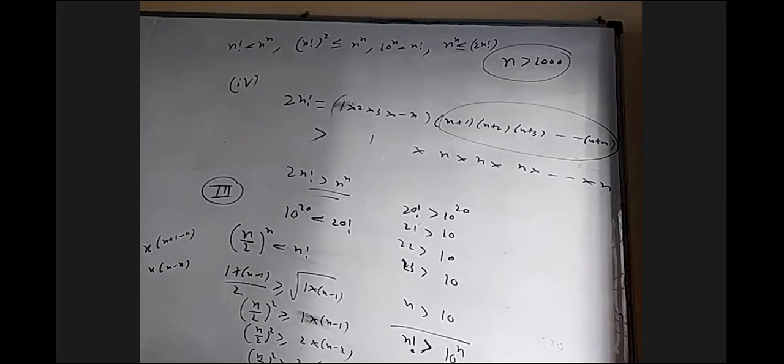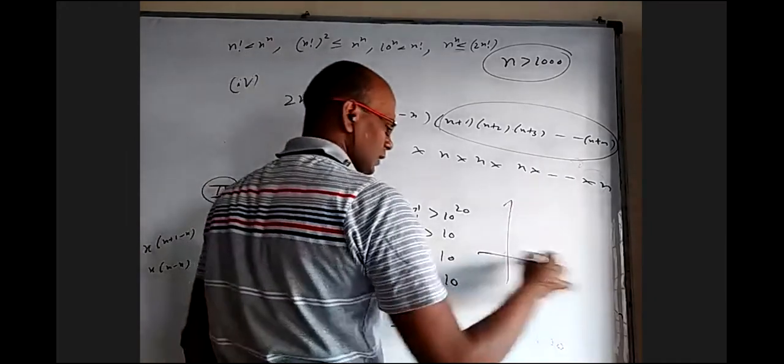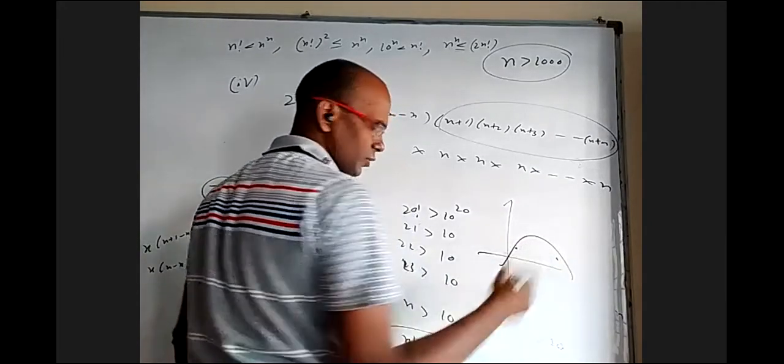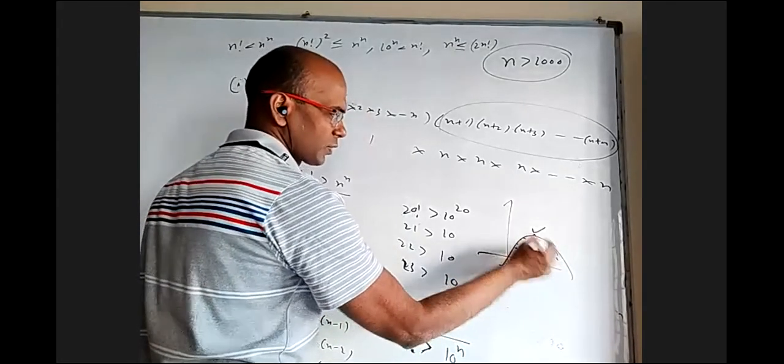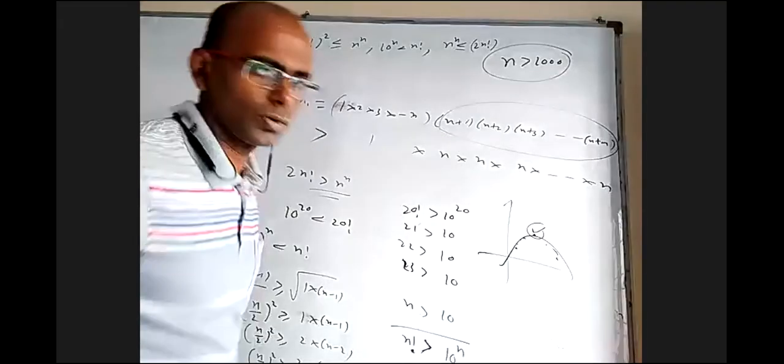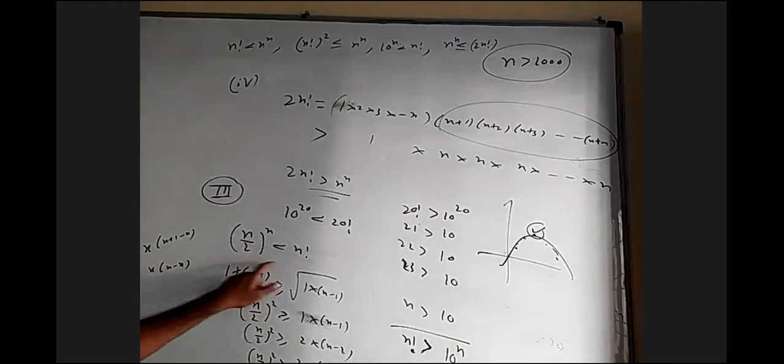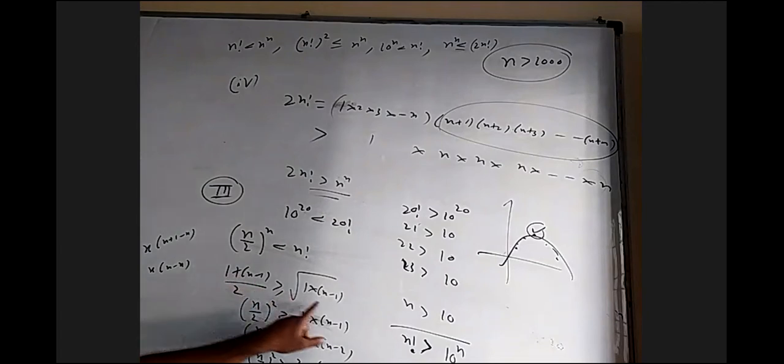Yes, I think the AM-GM inequality will give it, or even the graph I can do. Earlier in the graph, I only used these two values. Now, if I use the topmost value and say all these y coordinates are less than that, we are going to get this inequality. Or the AM-GM inequality also will give us the same thing. You take 1 and n minus 1, apply arithmetic mean greater than or equal to geometric mean, that is this step.